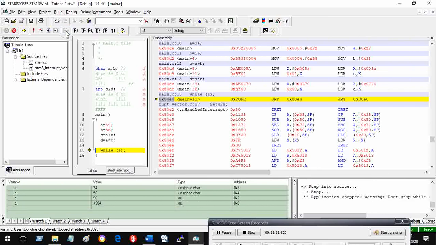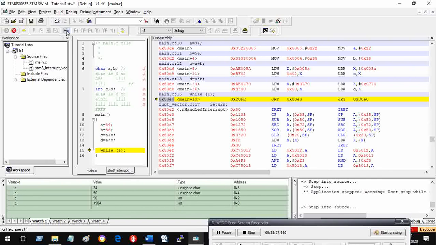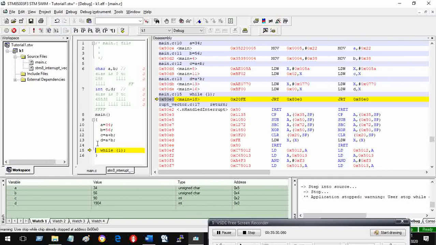I stop it. When I stop it, I find the cursor is here. I step again into it. So it will always remain here. This was the only job it had to do, and it has done it, and it has come to an end. So friends, this is how you can debug a program.